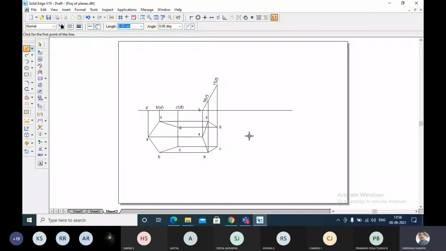Very important point. If you do the problem without taking that away from the observer, in this particular portion, you will be losing half of the marks. Now it is having 25 marks in the examination. So 10 marks will be for the final printout, and 15 marks will be for the sketch work. You will be losing 7.5 marks. So be careful. Okay.